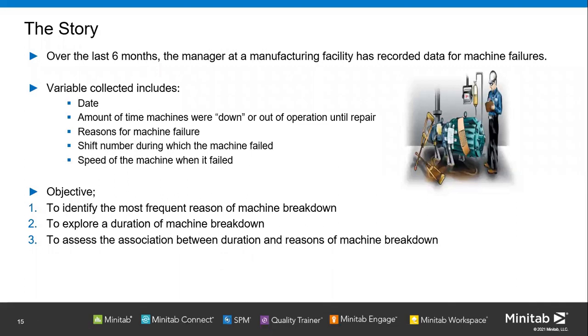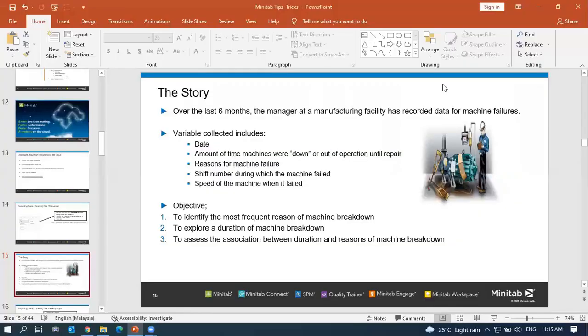Our objective on this data set is to identify the most frequent reason for machine breakdown. The second part is to explore the duration of machine breakdown. And then we want to assess the association between duration and the reason for the machine breakdown. So that is the objective for this data set. So I will start with how to